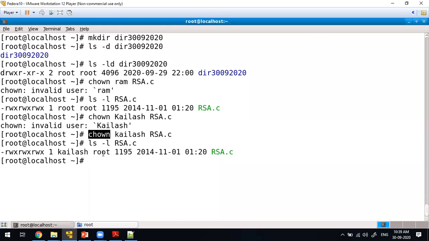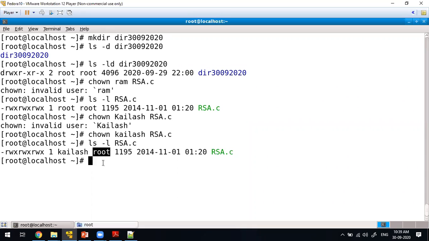If I want to change the group owner: Kailash or the other users can belong to many groups. It is not mandatory that one user should belong to only one group. Whenever a user logs into the operating system, he belongs to one group, but you can assign one user to a number of groups. Now, I want to change the group owner.